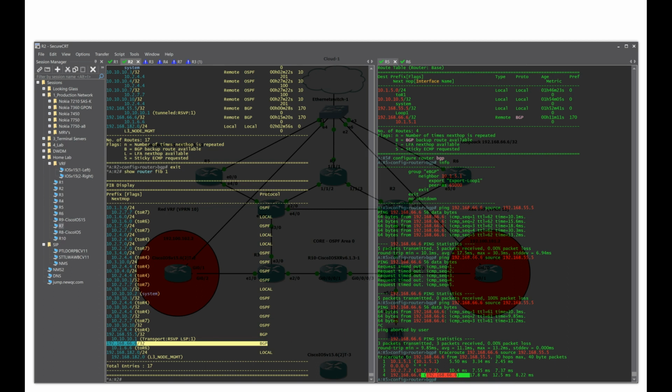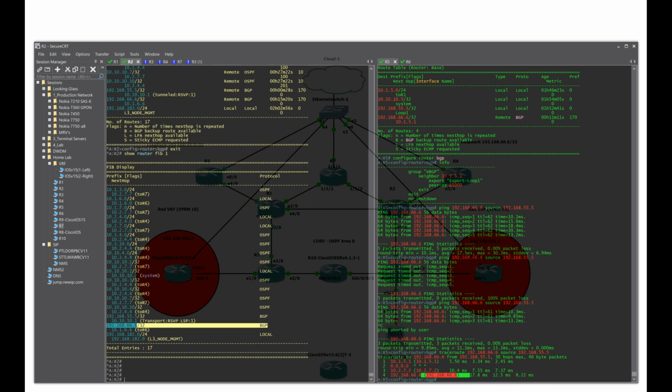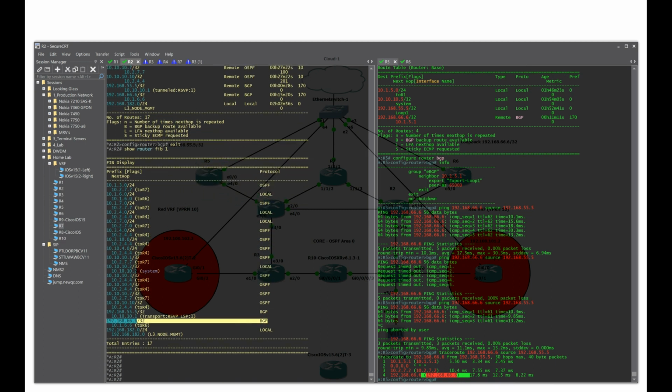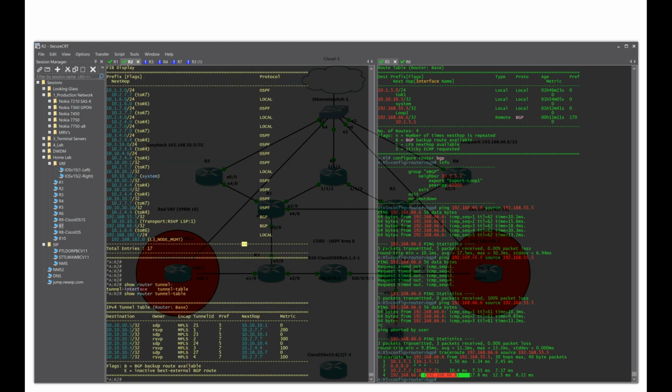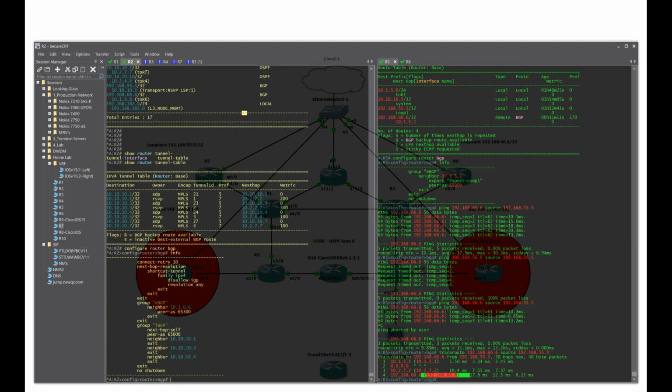So now what I want to do is show you how to use IGP shortcuts, which is pretty easy as well. So here's the tunnel table. So this command's pretty cool. You keep an eye on what's going on. So let's go ahead and take off the MPLS shortcuts. So this is a little funky way to do this. I'm not sure why it's done this way, but if you want to get rid of your MPLS shortcuts, you